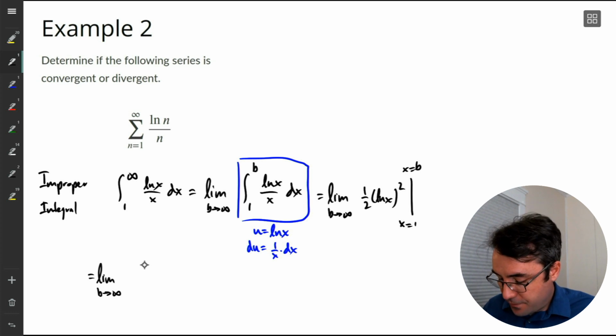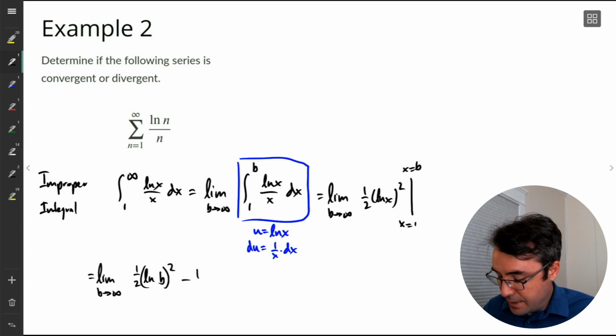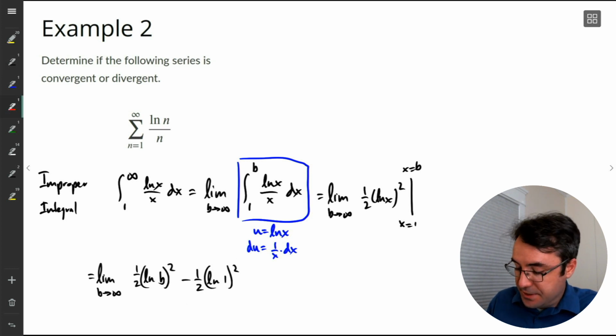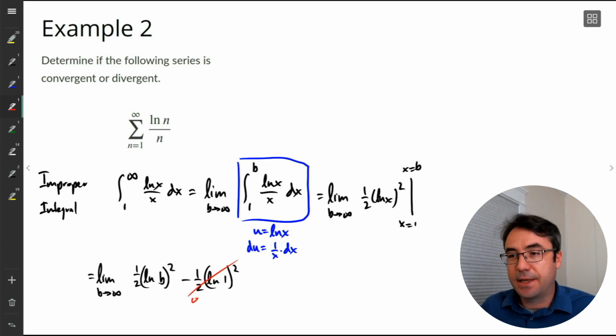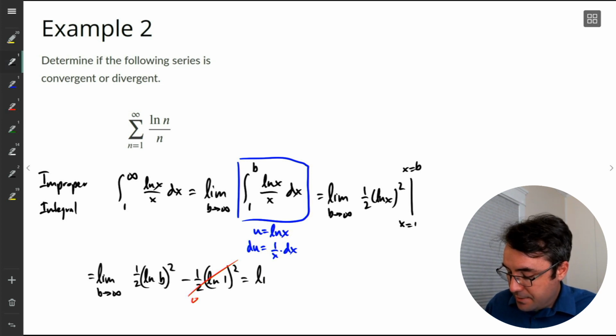Plug the top number in first. We get 1/2 natural log b squared. Plug the lower limit in and subtract. We get minus 1/2 natural log 1 squared. Natural log 1 is just 0, so this whole second piece just ends up canceling out, being 0. And so we end up with just the limit of 1/2 natural log b squared as b goes